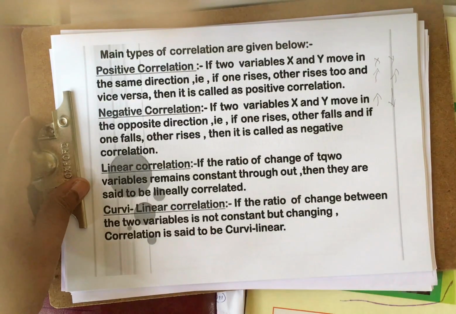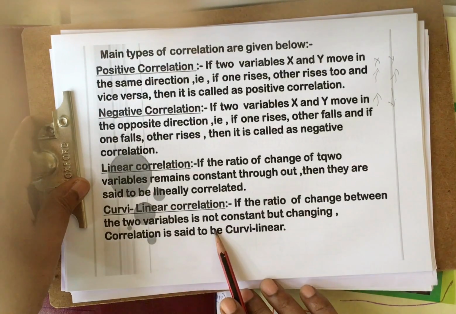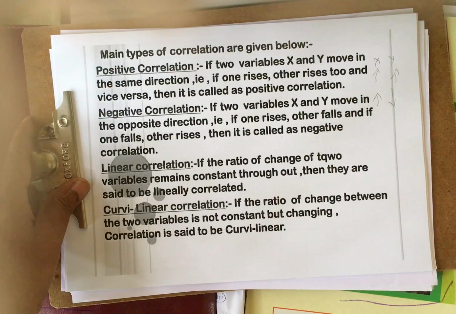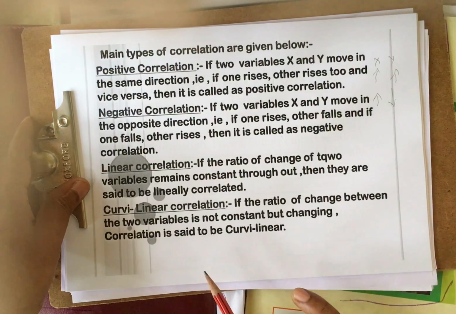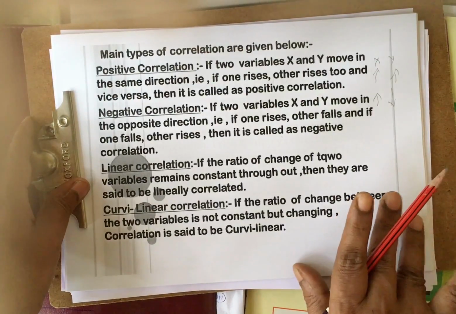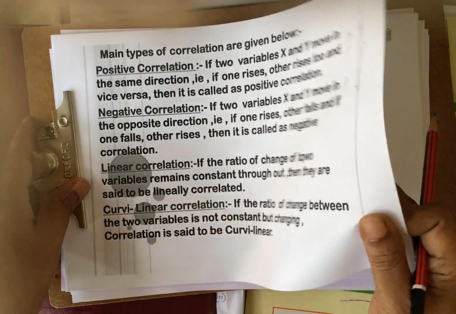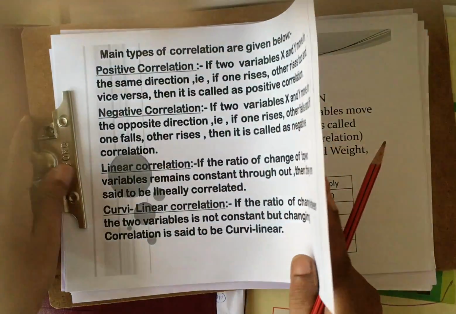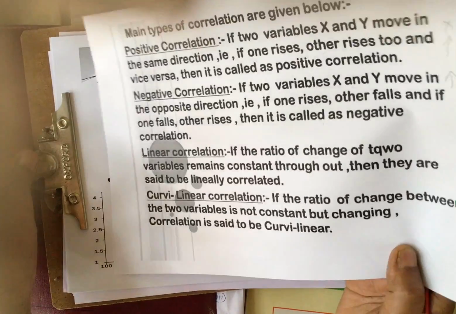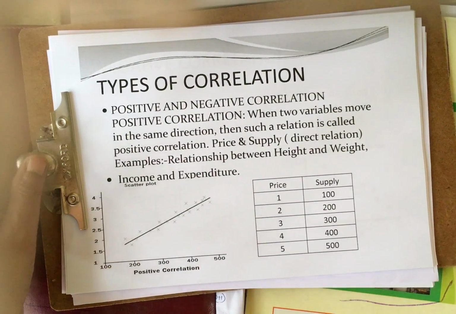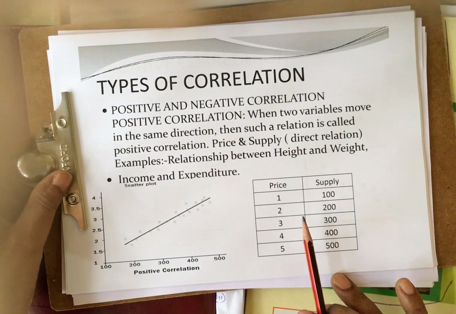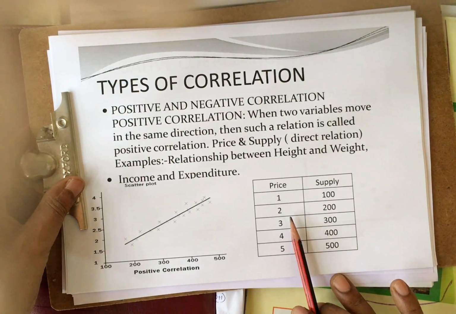The same way, the curvilinear correlation. What is the curvilinear correlation? If the ratio of change between the two variables is not constant but changes. One may be constant, another may not be constant. Then in such a situation, the correlation is curvilinear. It is not linear. Linear is where both x and y go at the same constant ratio. So in detail again we can go to the next area, where we can study it, and I can give the table also. Now the same thing, the types of correlation, we can study in the picture as well as the schedule here.